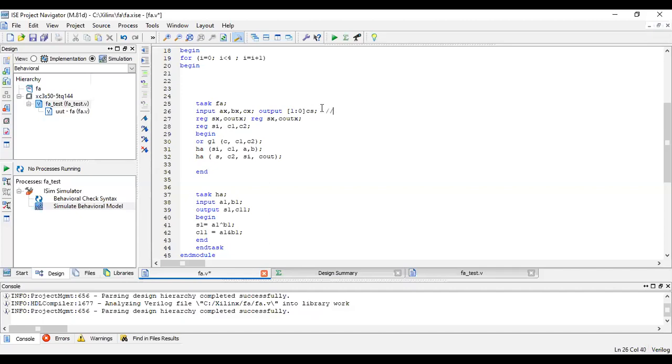Here CS of 1 is the carry and CS of 0 is the sum. So I've just written it in this format. Okay. Now all outputs should again be declared as register. So I have a register 1 down to 0 CS.